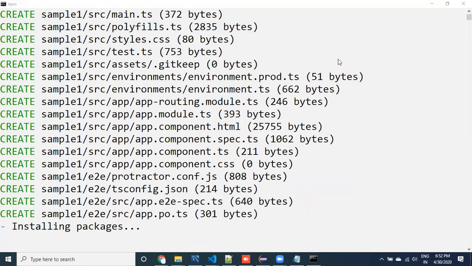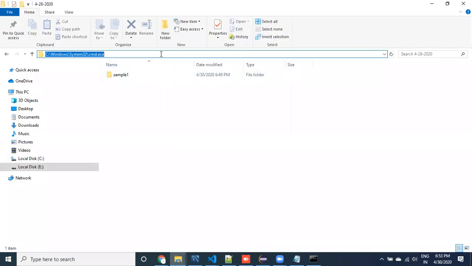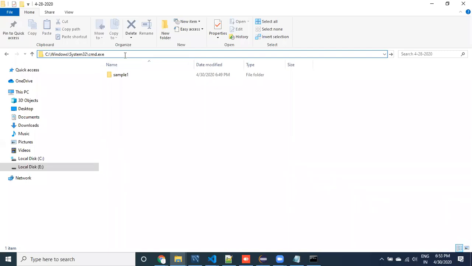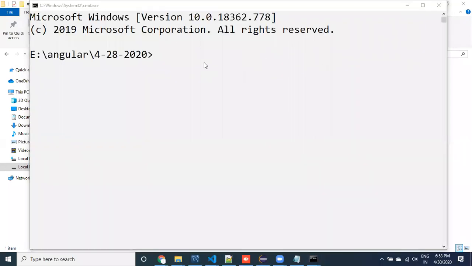Now, the command prompt commands. Which version are we using? Now we are using version 9. By default it is going to install the latest version, that is 9. If you want to see that, what you can do is go to the command prompt, ng